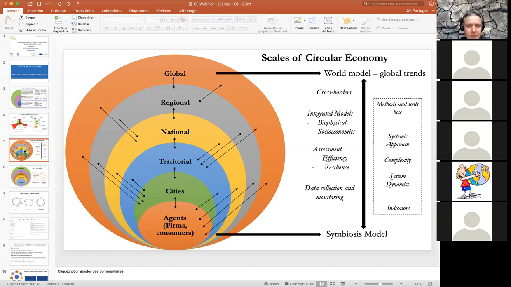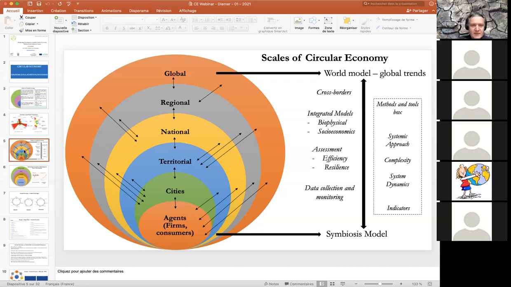For example, at the global level, we need to have a world model. I think it's very important to have global trends of specific issues about climate, for example, or mobility, or food system, or population. So we need to have a really good world model and be able in this model to push some circularity. For the moment, it's very hard to imagine a world model with circularity. There are some feedback loops in the models, but we really have to understand what this means.